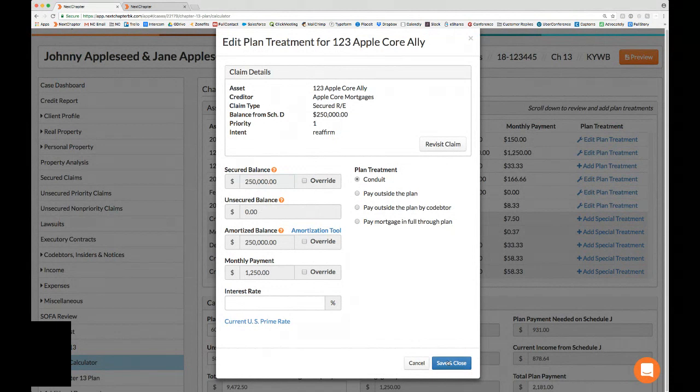So you might have seen down there, when I click save, there's a little wheel. It actually updates a lot of the plan information down here every time I make any claim edits. So now for the arrearages,